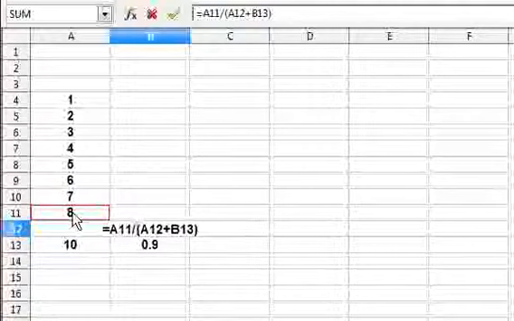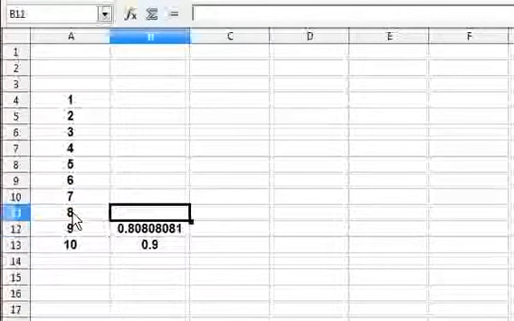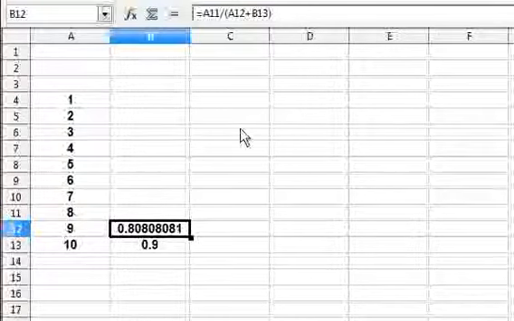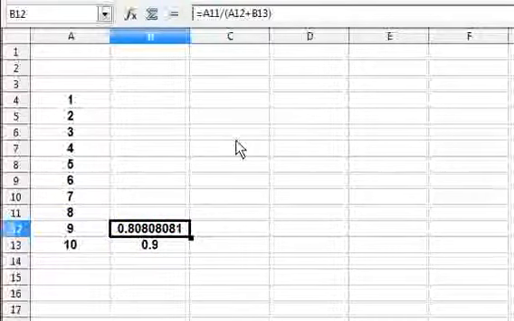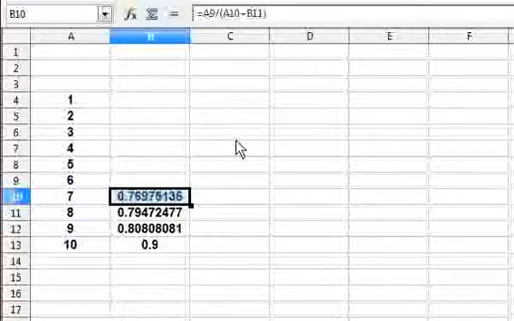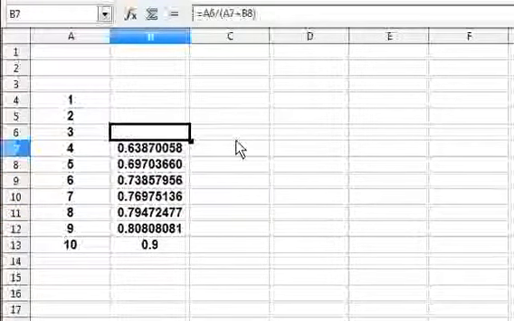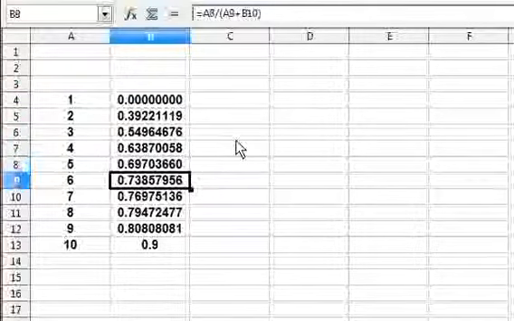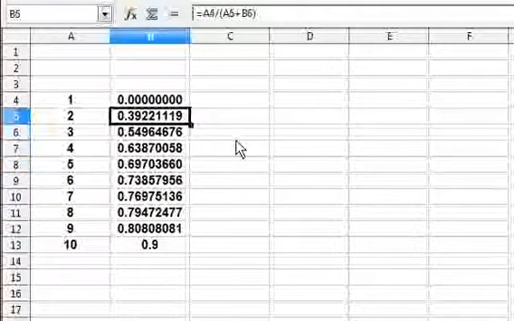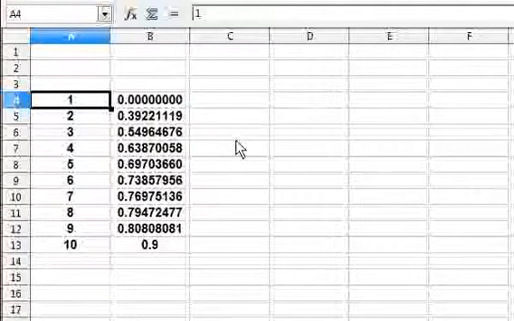A11 divided by this. So here what is happening is that now I am calculating up to the 8th value. This formula which is pasted in this figure is achieving a part of the fraction, and this pattern will repeat all the way up to 1. So from now onwards you simply have to copy this formula and paste it one step above, and keep pasting it one step above, and ultimately you will reach up to this. Okay, it shows 0 here now, but it shows 0 because there is no value above it.